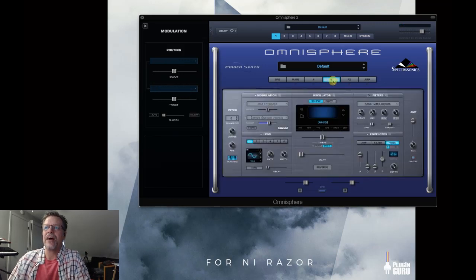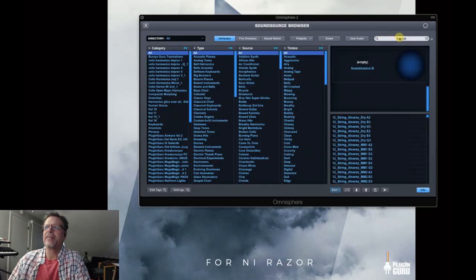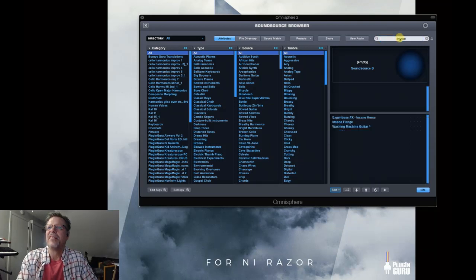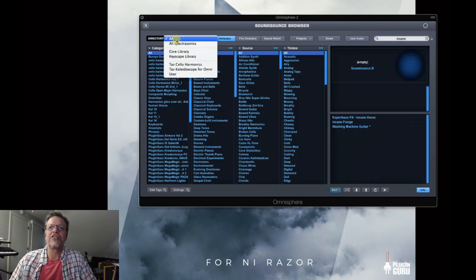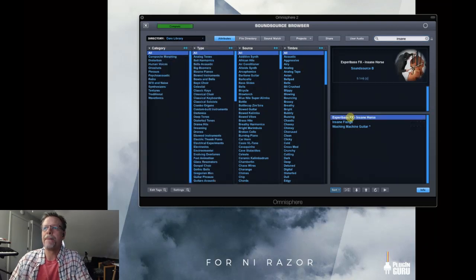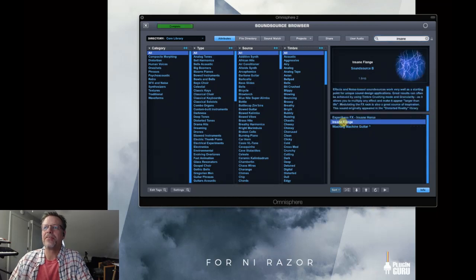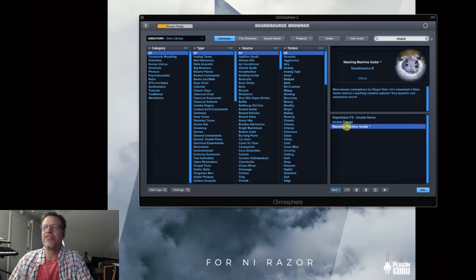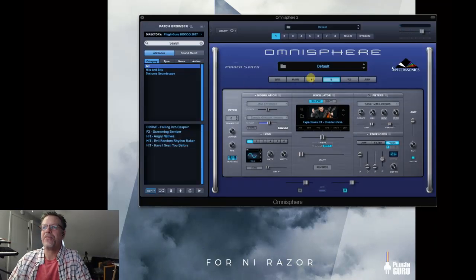And then let's find something for the B layer. Turn this on, go to sample and let's look for things and make sure we change category to be core. Insane horse from the Xperi bass. Insane flange. The washing machine guitar is insane. Okay. This would be fun. So let's put that with the